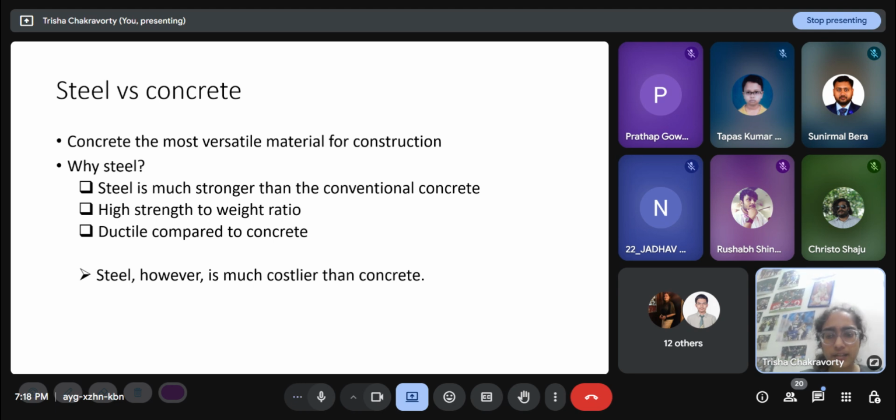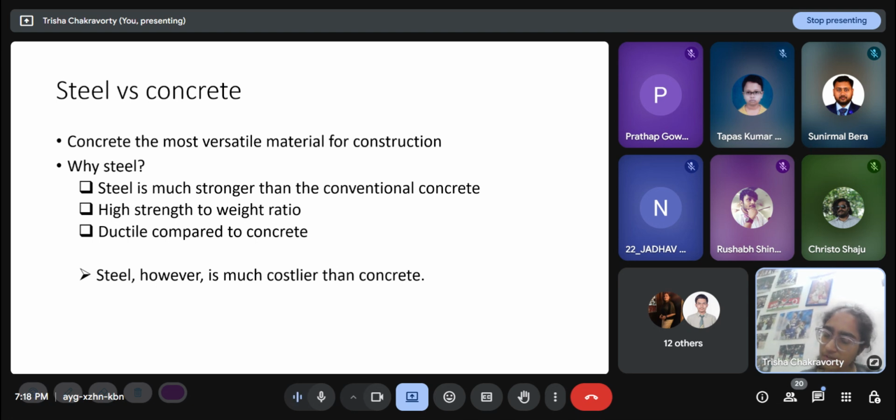But the constraint here is, if steel has so many advantages, why don't we always use steel? Because steel is much costlier than concrete. And structural design is always a trade-off between safety and economy. You cannot make a structure infinitely safe. If the beams or columns that you see around you were twice the dimension, or thrice, my structure would obviously be safer, but that will also increase the cost a lot. So it is a trade-off.